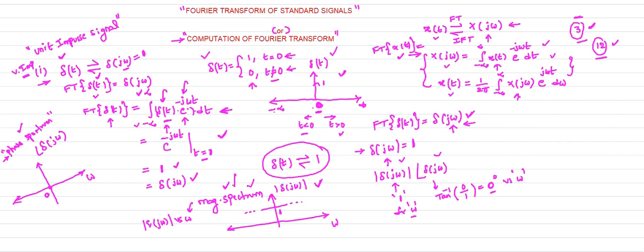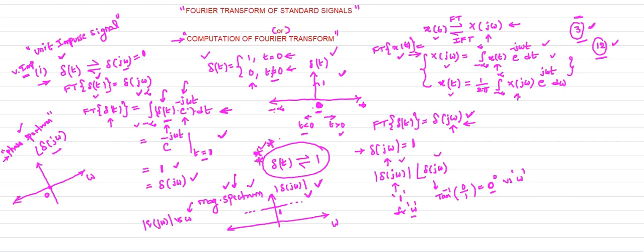Spectrum consists of the frequencies, and at each and every frequency we define the magnitude of the function or the phase of the function. That is the meaning of the spectrum. So the magnitude spectrum and phase spectrum are collectively called the frequency spectrum. So this is about the Fourier transform of the unit impulse signal. The Fourier transform of the unit impulse signal is what? 1. So remember this expression.